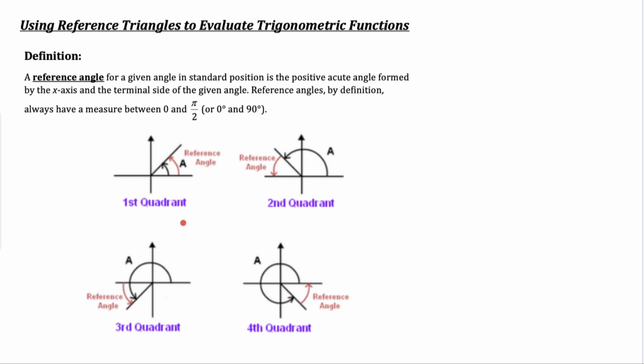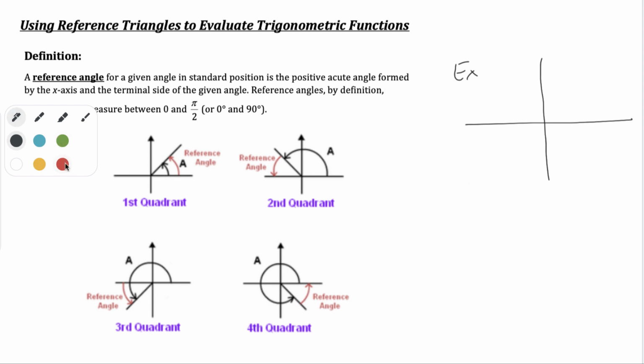So you have generic examples of what a reference angle is here, what they look like in each quadrant. But I'm going to take an example, the angle pi over 8. If we take a look at the angle pi over 8, it's roughly here, and we want all of the angles between 0 and 2 pi that have a reference angle of pi over 8. Essentially, we're just looking for all of the angles that are pi over 8 of a rotation away from the x-axis. So in the second quadrant,